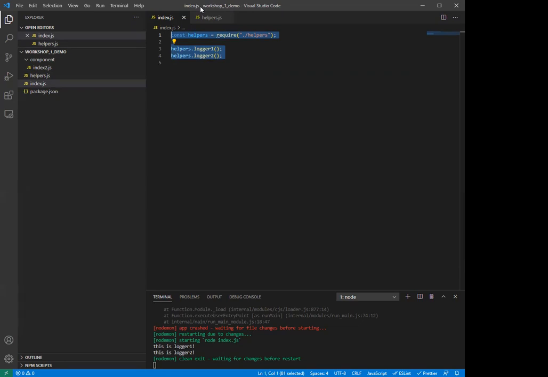Suppose with higher order functions, I can pass a function as an argument to another function, as if I would pass any other argument, whether it's a const or whatever. So suppose I have a main function, let's call it function main, and then what I'm going to do is